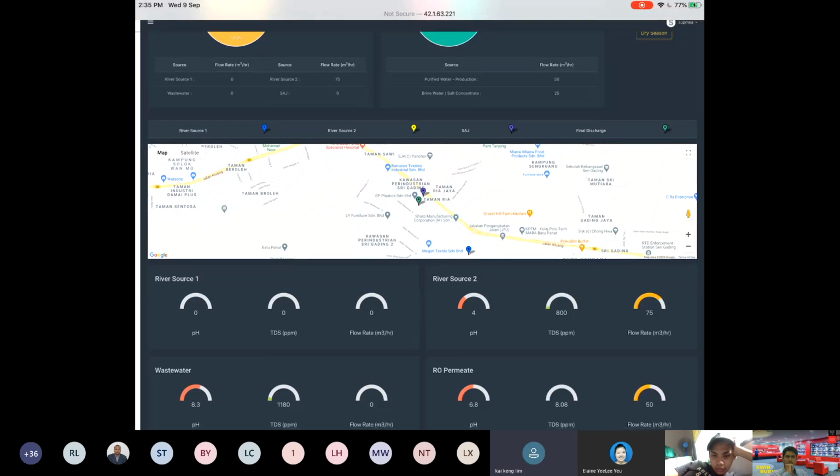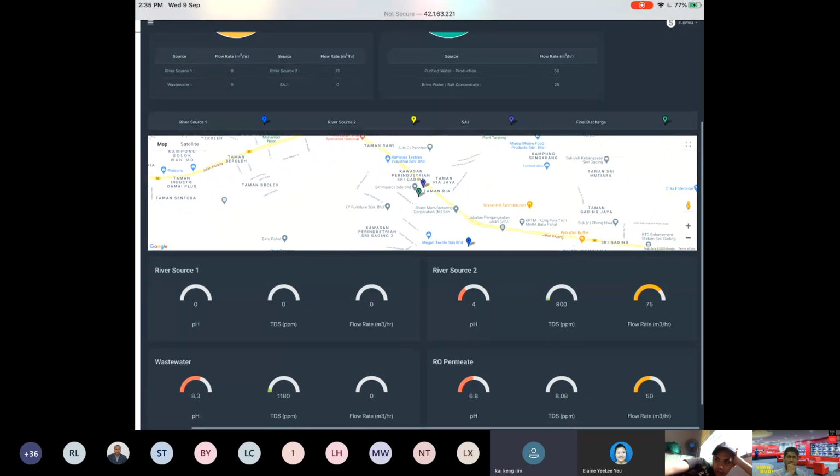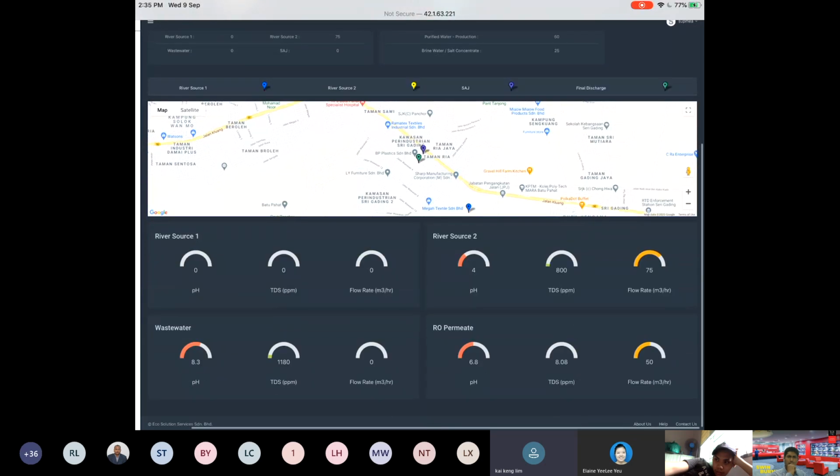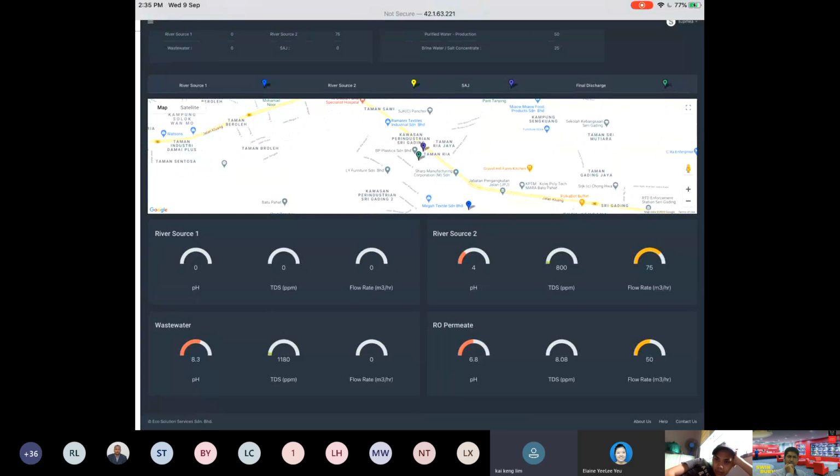So if you look at river source number two, you can see the pH is 4. This is quite usual at Batu Pahat area. The lowest we detected is about 2 because of what we call pollution, agriculture, and a lot more of this pollution problem. So that's why we say pollution is getting more and more serious. So the TDS starts to rise up to 800. And since we do not have river source number one, we will use 100% of river source number two